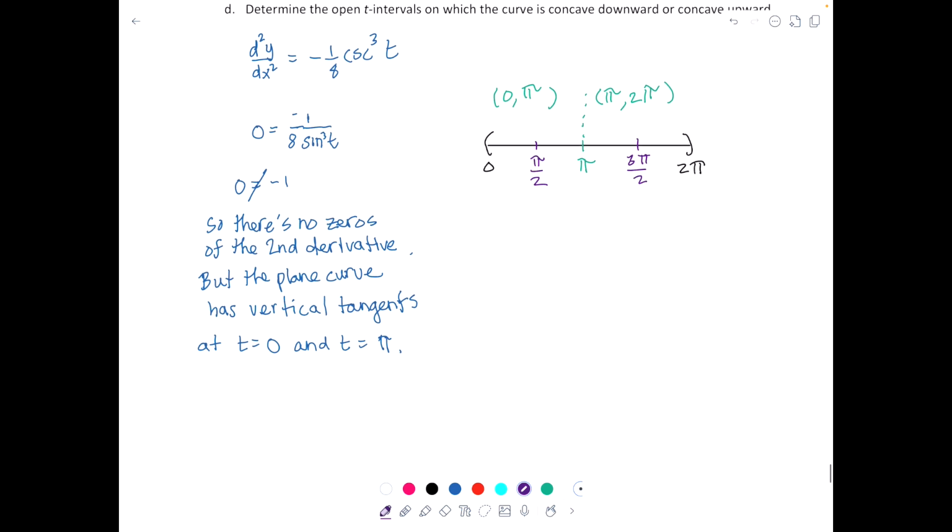We're testing these values in the second derivative. So d squared y over dx squared at t equal to pi over 2 is going to yield negative 1/8 times 1 cubed, which is negative 1/8,